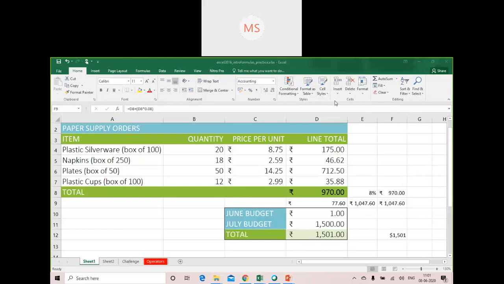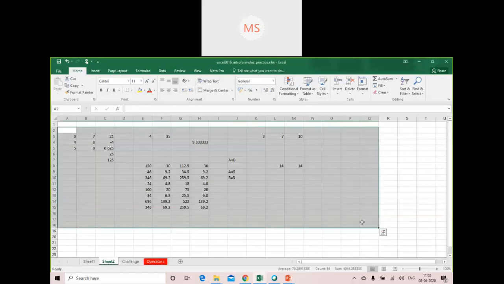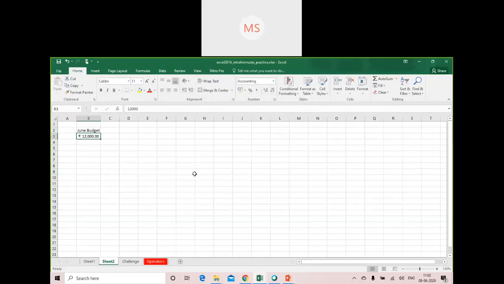I come to this particular cell and clear all these things. Okay, and I write budget here and put 12,000. This 12,000 is in rupees.